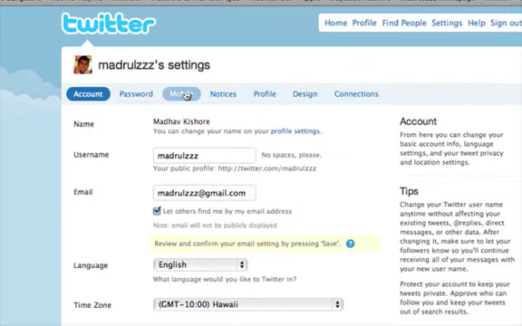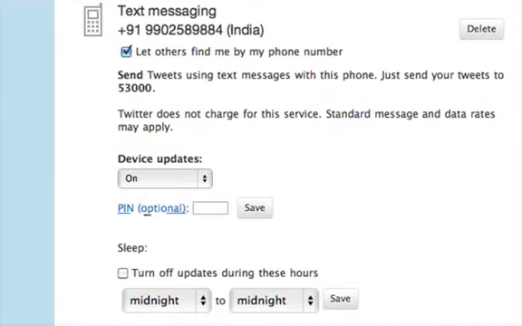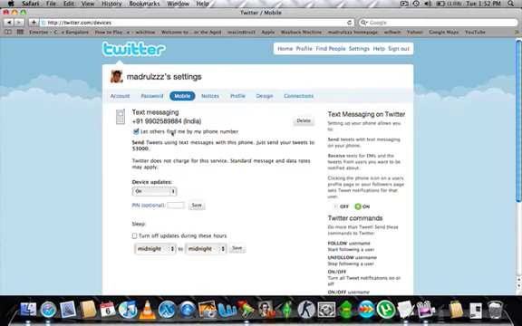Go to mobile tab, and you can actually link your phone with your primary Twitter account. If you have not done this, please follow the steps given on screen. It's very easy. I've already done that. Here you can see my number that's been linked to my primary account.